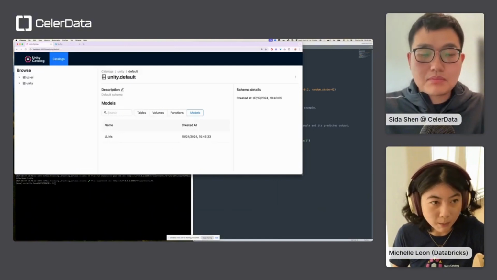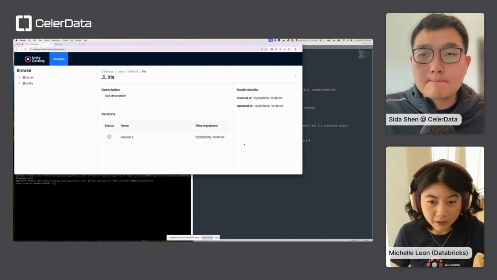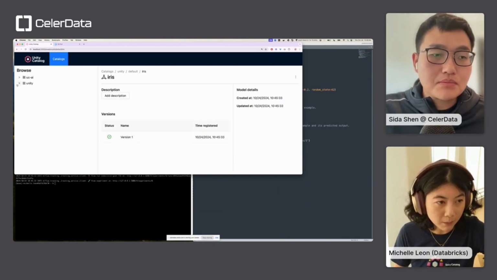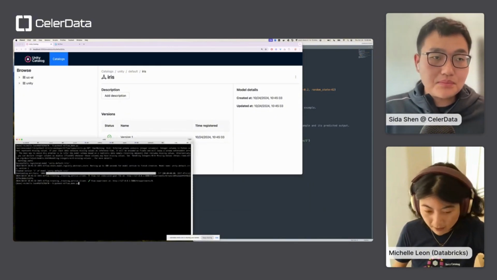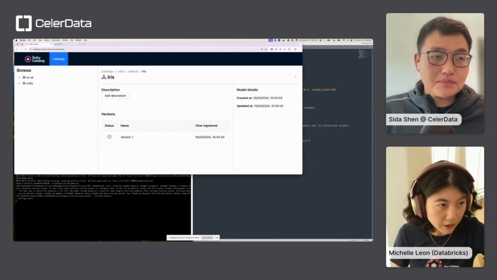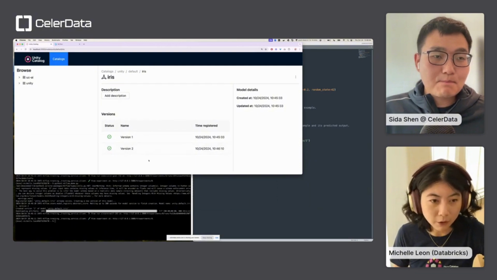So we just trained a small model. You click into it, you can see that there's a version here, right? So this is the first model training run. Say maybe I want to train it again, maybe I made some tweaks to the training data set. So I'm just going to train another version of the model. What we should see is that now there's actually a second version of the model